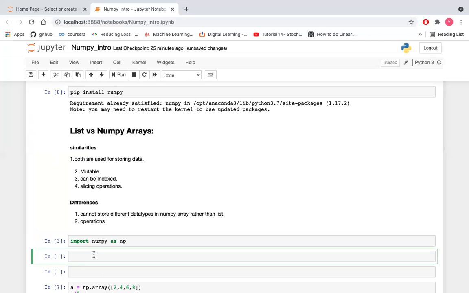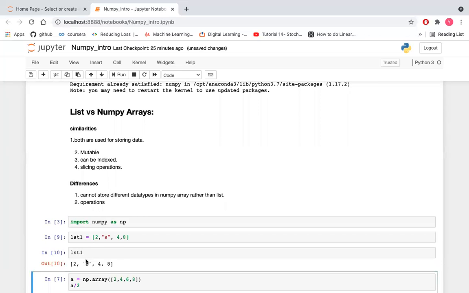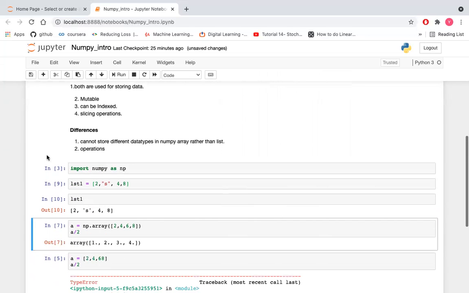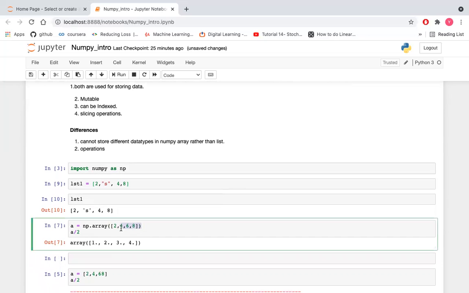Here we create a list, and here you can check there are two data types available in the list, string and integer. Let's check in a numpy array.